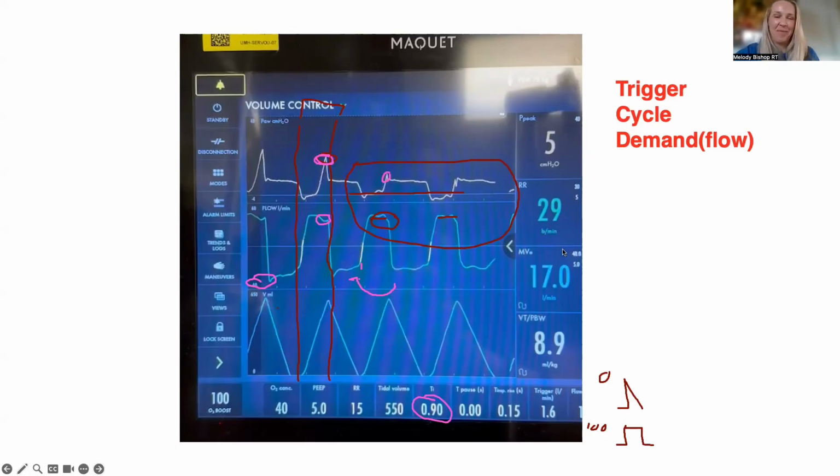I don't remember when I took this, but if it was a DKA patient or just any person with severe metabolic acidosis who has a tremendous minute ventilation, it's basically impossible to support them with the ventilator. You just kind of can't. It's never going to look good. You're going to break rules, because you're asking the patient to take care of that minute ventilation need through something that is certainly narrower than their trachea.